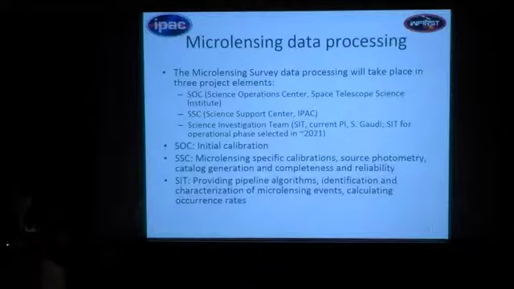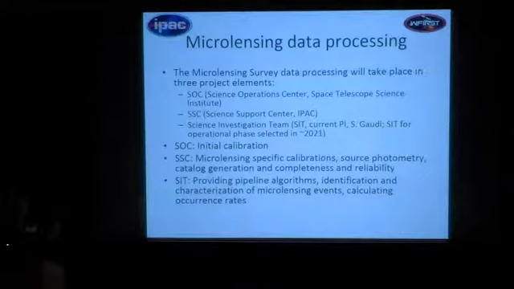But it's also important to recognize that the way NASA missions work, there's often two phases of science teams. Right now, we're in what's called the formulation phase. That was a selection a few years ago for a 5-year science team. All the science teams at WFIRST are going to get recompeted probably in 2021, and it's that second science team that will be involved in the work that I'm going to talk about.